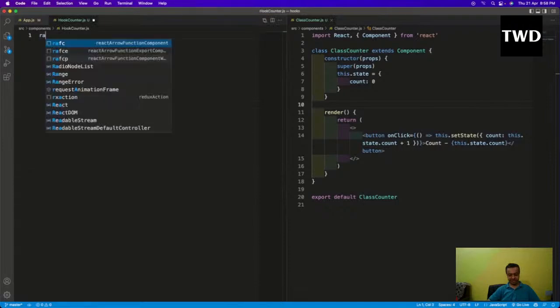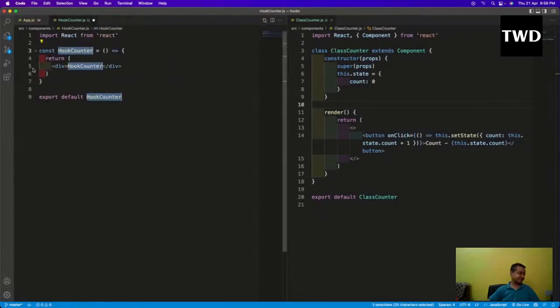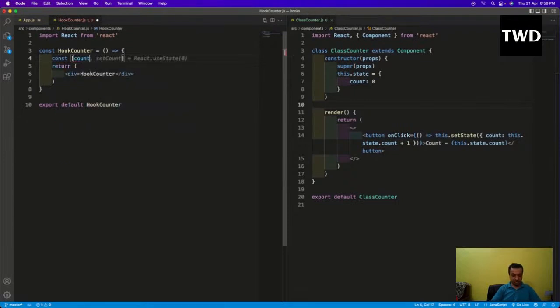So first thing, it's a RAFCE functional component, a very old functional component. Then the next thing is that I will have state, and the concept is a bit different in hooks. We have hooks for everything. Hooks are what? Hooks are a special program written by the React team. Okay, so we have something known as a useState hook, and how is it used? It is used like this: count, setCount